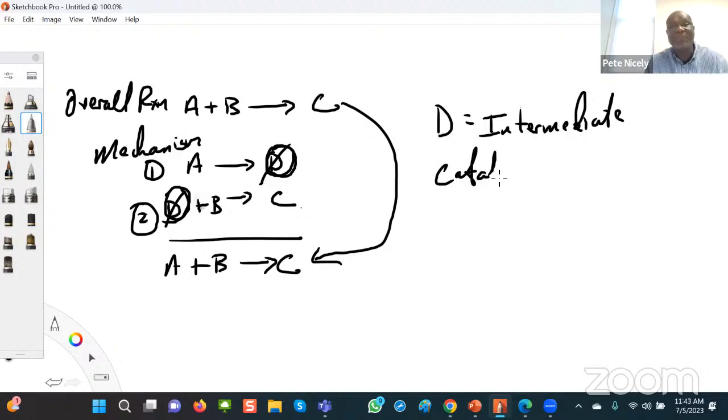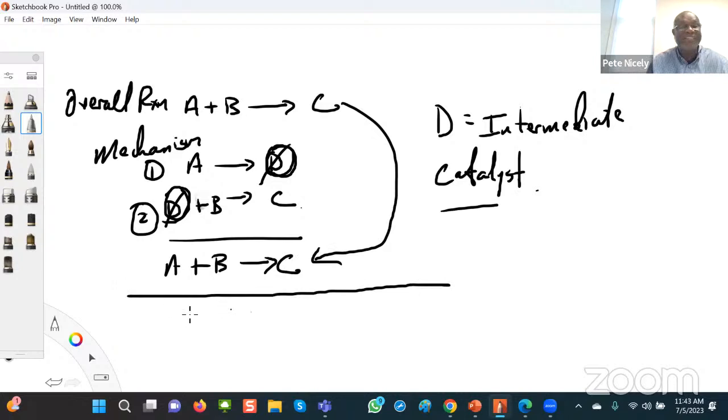Actually, I don't think we met this before, or maybe I mentioned it. Now, a catalyst is basically a substance which is used up in a previous step and then reproduced in a subsequent step. So let me try another mechanism here. Let's say you have A reacting with, I'm going to say F, to form D, and then